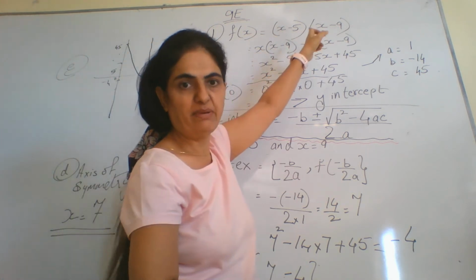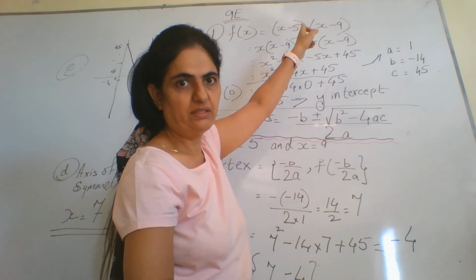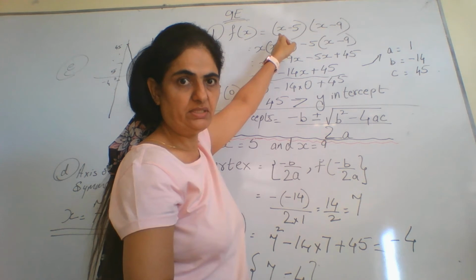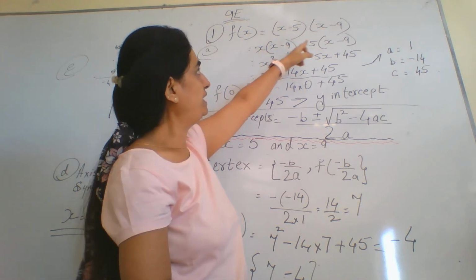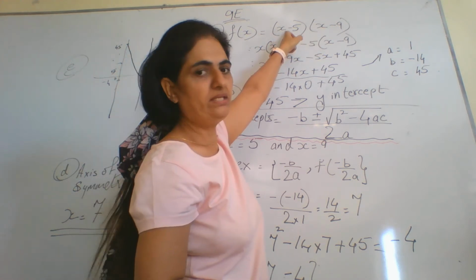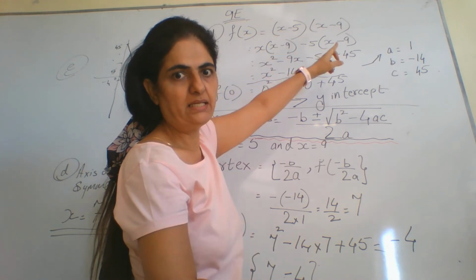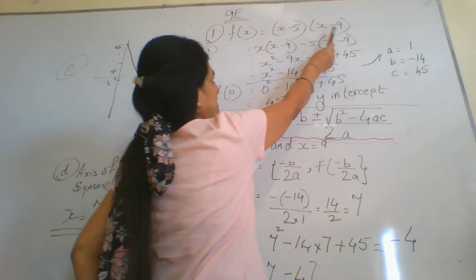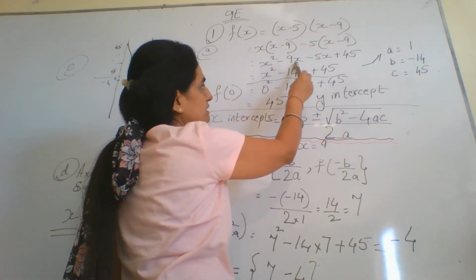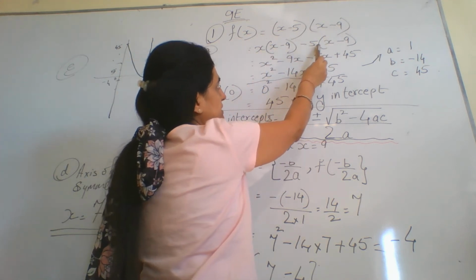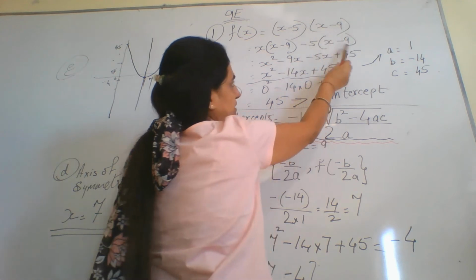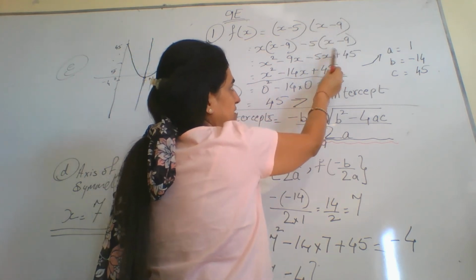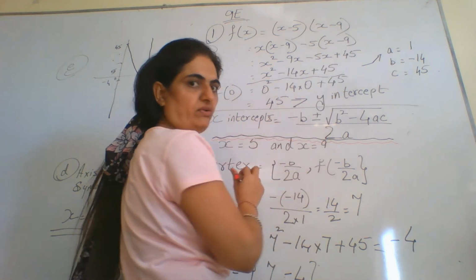That means we expand these two brackets which are given. So here, as we know, we take the first term, multiply it with the second bracket, and then take the second term and multiply it with the second bracket. So here you will get x times this, you get x squared minus 9x, minus 5 again multiplied with this, you get minus 5x plus, minus into minus is a plus, 9 times 5 is 45.